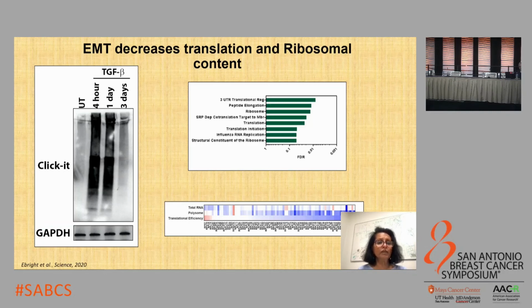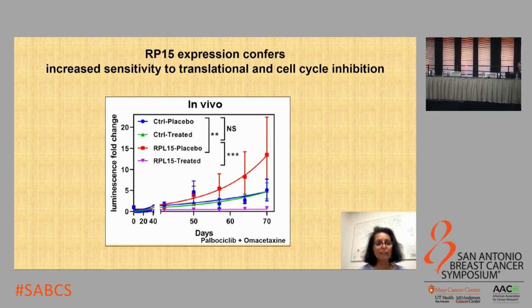So treatment of MCF10A cells with TGF-beta induced EMT, and this was associated with a decline in global translation. And when we did ribosomal profiling of the untreated and the mesenchymal cells that arise following TGF-beta treatment, we observed again that there was a strong reduction in the translation of mRNAs that code for structural ribosomal proteins, confirming all the data that I showed you previously using human CTCs or single-cell analysis of human and mouse CTCs.